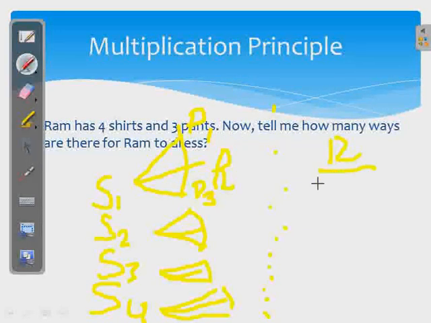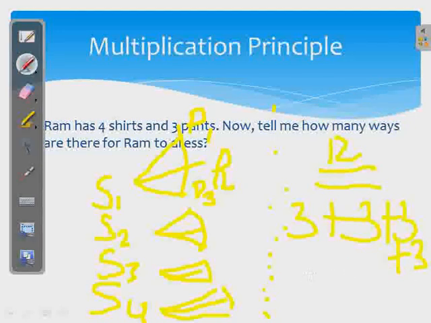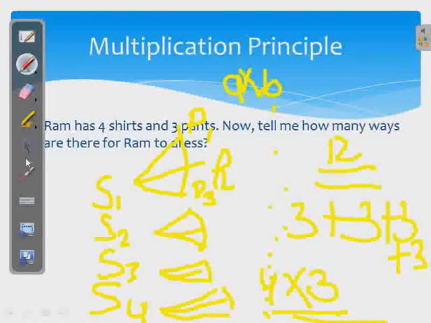Okay. But we can generalize this. So firstly he has 4 shirts, and with every shirt he can wear 3 pants. So there are 3 outfits with the first shirt, and again 3 outfits with the second shirt, and 3 with the third shirt, and 3 with the fourth shirt. So that just means that there are 4 into 3 outfits. Okay. So here what we can say is, if there are A number of first item and B number of second item, then if we just multiply A and B, we will get the number of ways